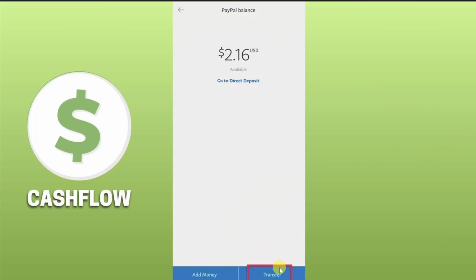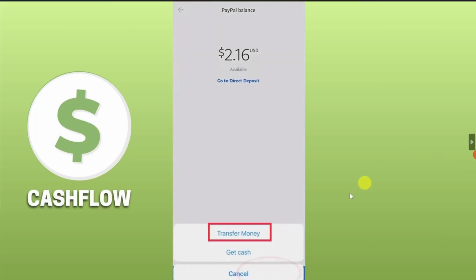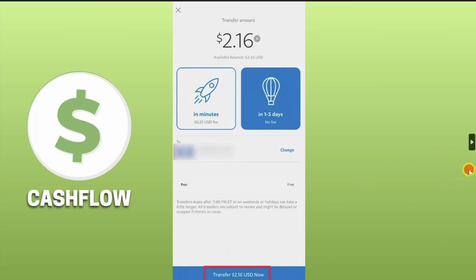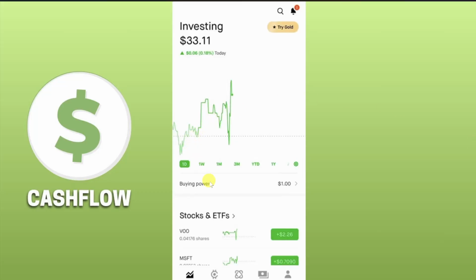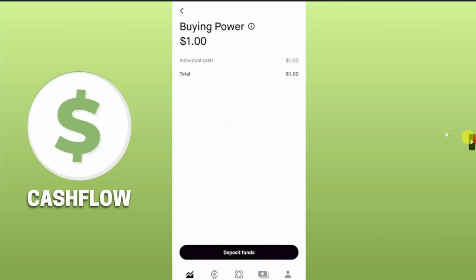Then on the screen you can simply click on this transfer button, and from this window click on transfer money, and then you can just simply enter the amount you want to transfer to your bank account. You can choose the transfer speed, and in this To section you have to select your bank account where you want to transfer this money, and then click on this transfer. And once your money has been transferred to your bank account, you can open up your Robinhood app and then